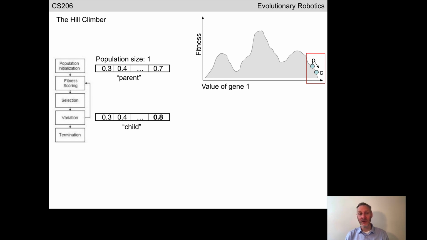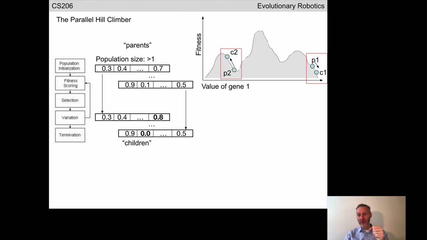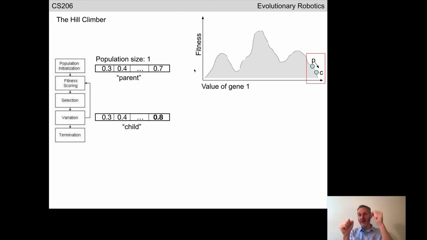So in this simple algorithm, selection is pretty easy. At every given point, we have a parent and child. At the beginning, we only had one parent, but once we start iterating through this process, we have a parent and child, and we look to see which one did better. If the parent did better, we delete the child, and we allow the parent to produce another offspring. If the child did better than the parent, which meant the child would have been higher in the fitness landscape than the parent, we throw away the parent, keep the child. We rename the child parent,